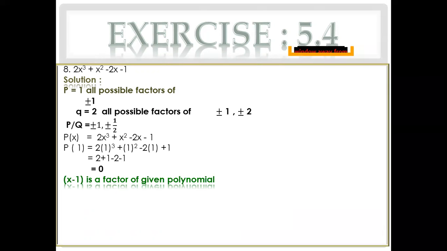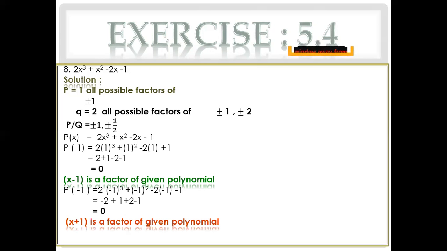Again we start checking from 1, because here the constant term is 1, so you can take 1 as a factor to check, because maybe we get 0. After putting in 1 the remainder is 0, so x minus 1 is a factor of the given polynomial. You see, in the previous question we had the constant terms 40 and 24. In that question, I didn't put 1 because 1 is very small and it is understood that it will not be a factor of those numbers. So we start from 2 and minus 2.